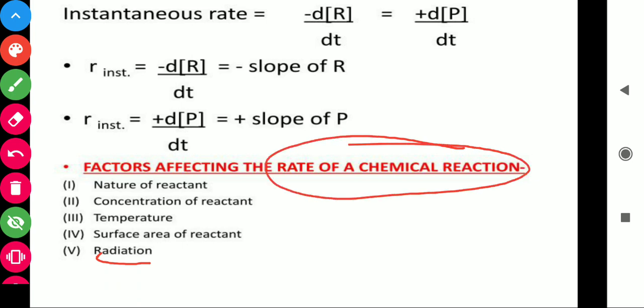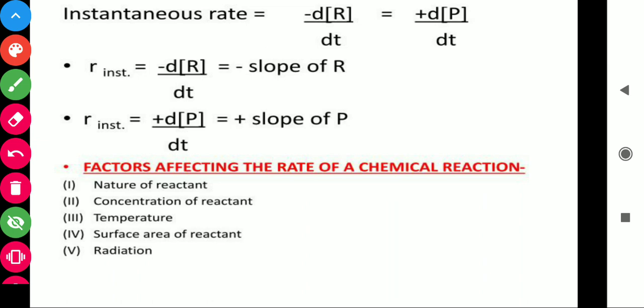One more point we can discuss here is pressure. On increasing pressure, the rate of collision increases, and generally on increasing pressure, the rate of chemical reaction increases. These are a few factors on which rate of reaction depends. First one is nature of reactant, concentration of reactant, temperature, surface area and radiation. Next is